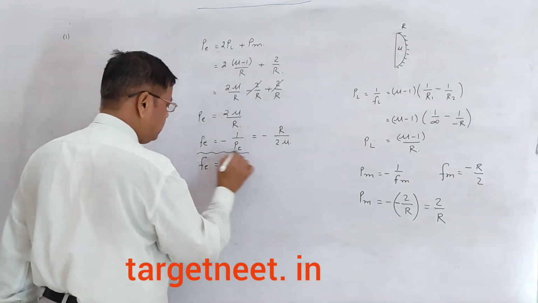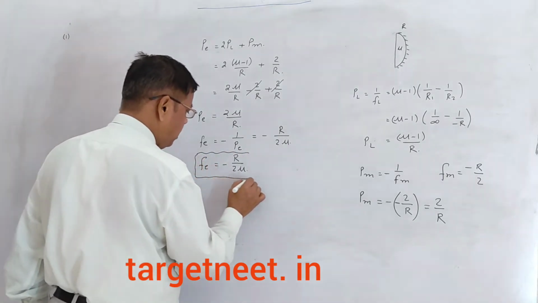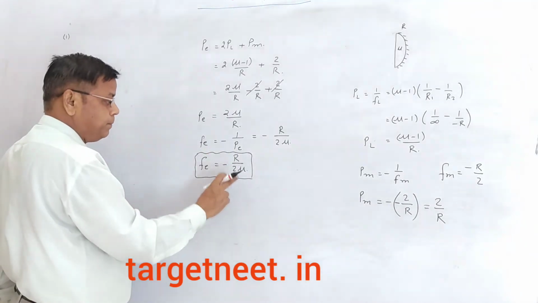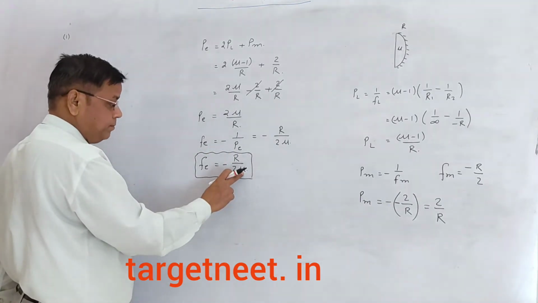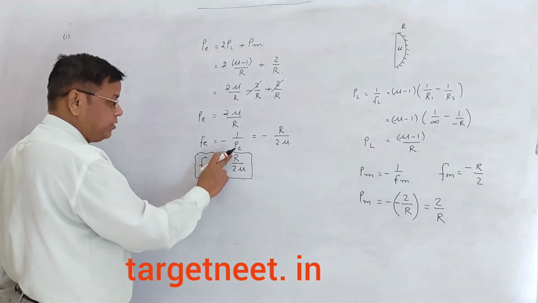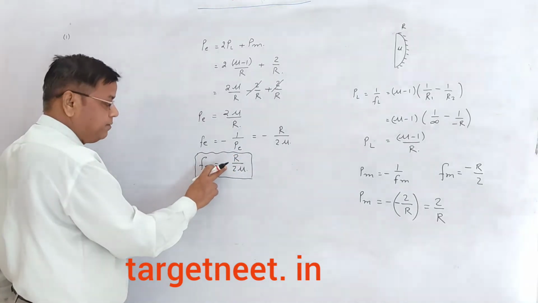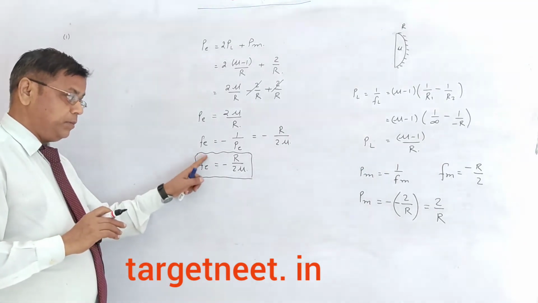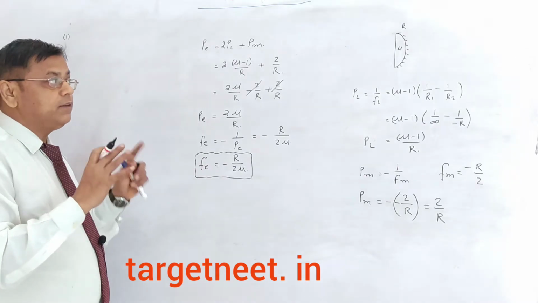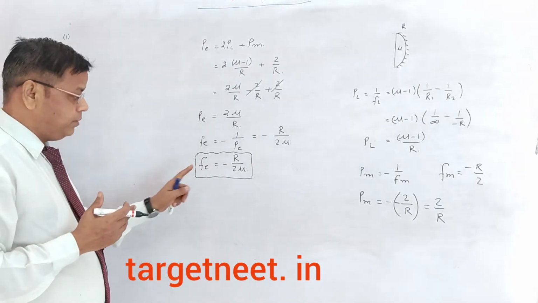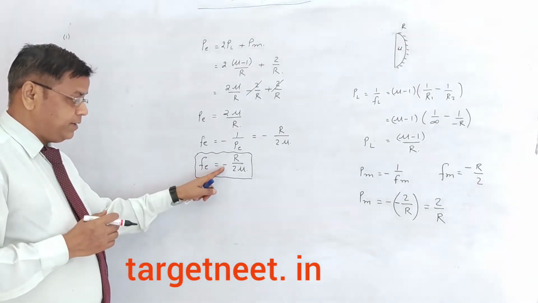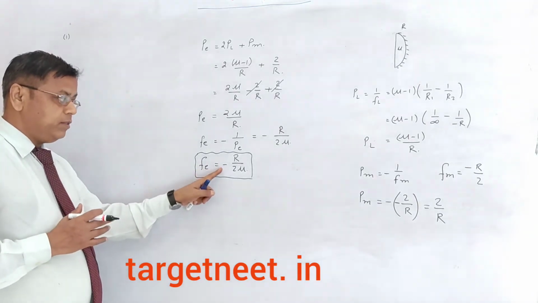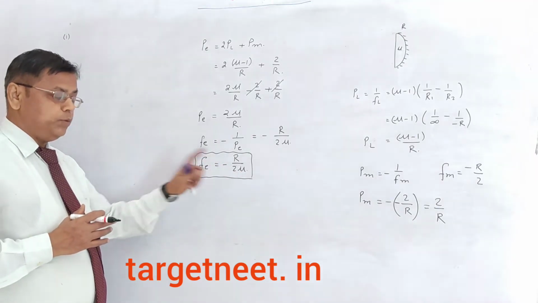So this is the answer. Now here, for r only the numerical value you have to put because the sign is already taken. Mu is positive, so this whole term is positive, it means focal length will be negative. So this will behave like a concave mirror again, because this is a mirror. Silvered lens always behaves like a mirror, so it is a mirror and its focal length is negative, hence it is a concave mirror. So this behaves like a concave mirror of focal length r by 2 mu.